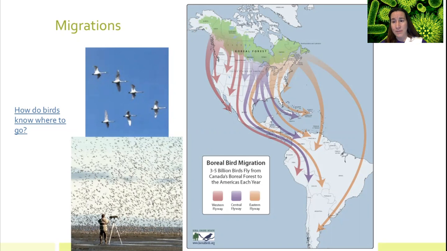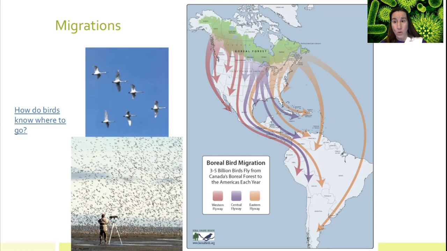When it's summertime, at the summer solstice, that's the longest we're going to have the daylight hours. And then it shrinks and it shrinks and it shrinks. And then we'll end up with the winter solstice, where it's the shortest amount of daylight hours. That change, the shrinking of the daylight hours, is one of their triggers. So that's going to send them off. Seasons are changing. It's time to go.